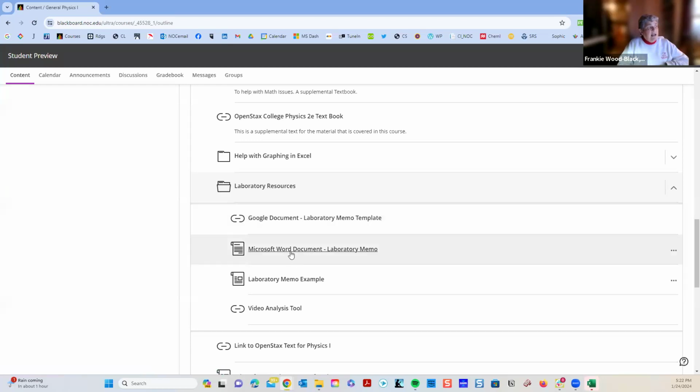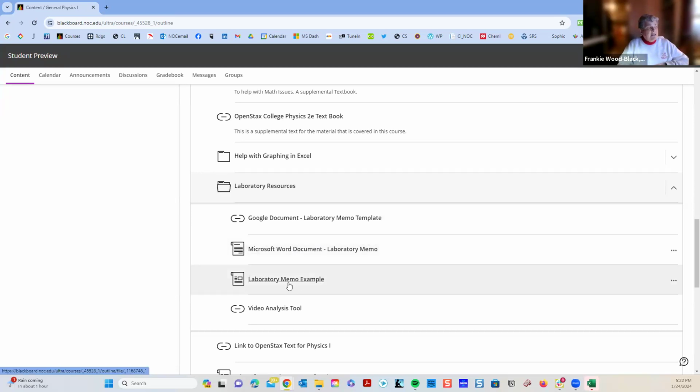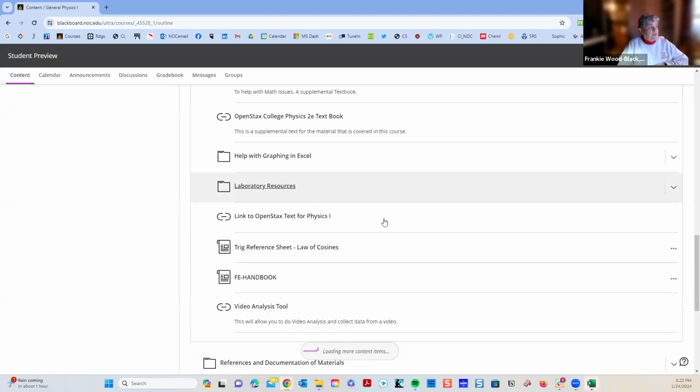Here is a laboratory memo template in Microsoft Word. And this is a laboratory example. I have this elsewhere as well, so it's in a couple of different places. I have trouble finding it. And then this is the video analysis tool, and we will be working with that tonight, but that gives you a place to look for it. So that's for our laboratory resources.